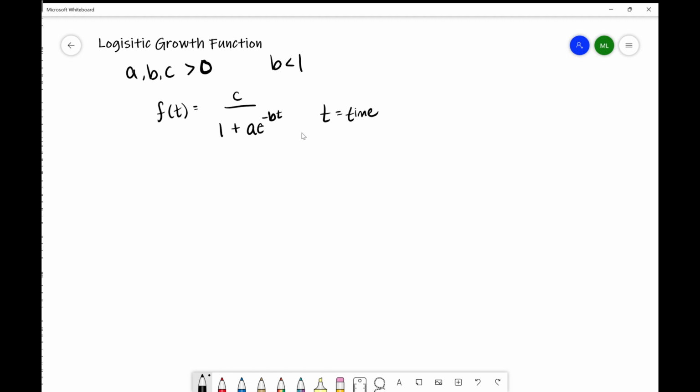Okay, so where did this function come from? Why this function? Why do we even need it? We had exponentials. We had an exponential growth function. If we had y equals e to the power of x, a regular exponential function with base e, it's something that kind of goes on forever. We had something that looked like this. But for logistic growth, on the other hand,